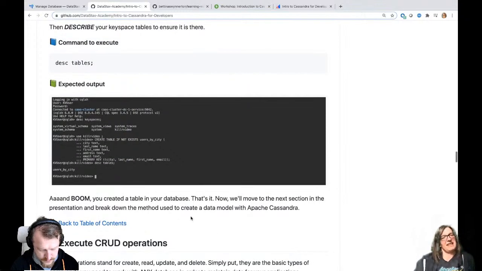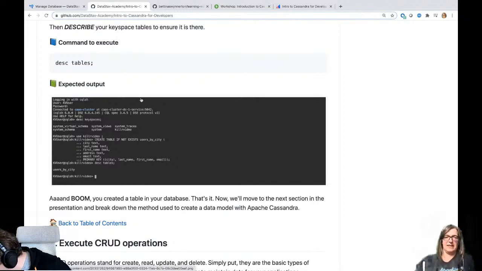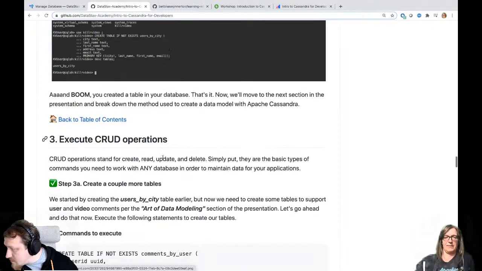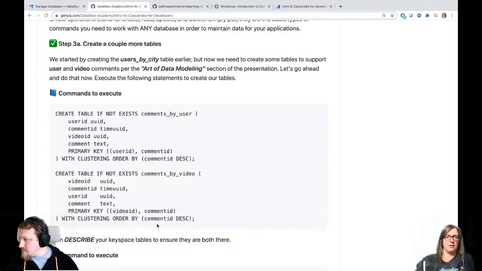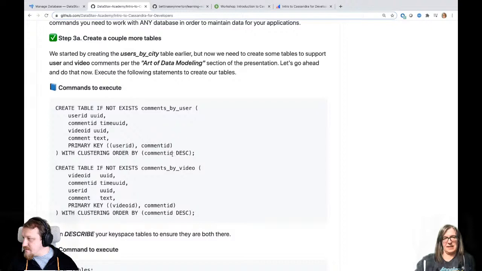Okay, so this is basically how you create tables. In this round of exercise, we only create one. Actually, we could create the additional tables that we use in the next one. Oh, here is the clustering order by, comment ID descending. So I probably messed up something with the